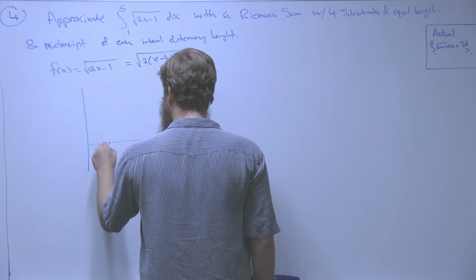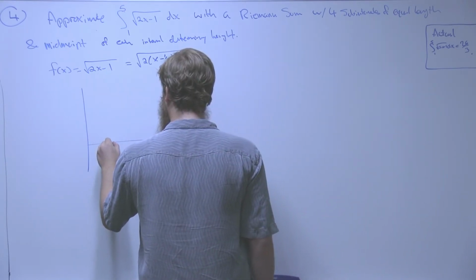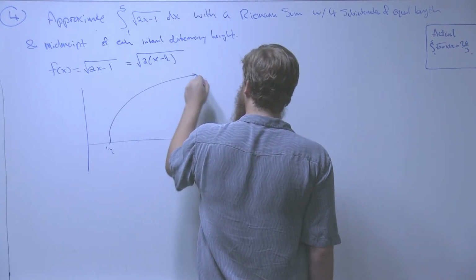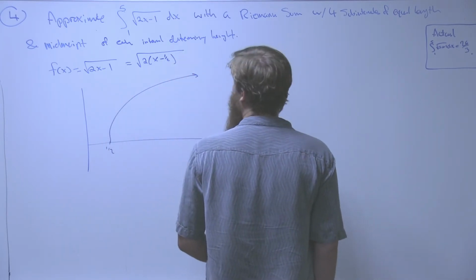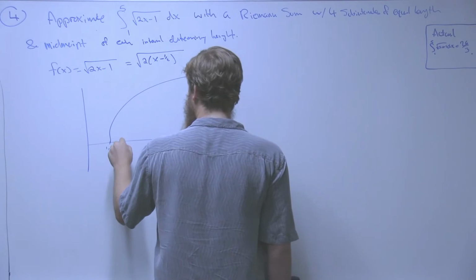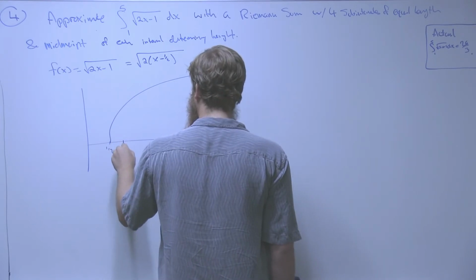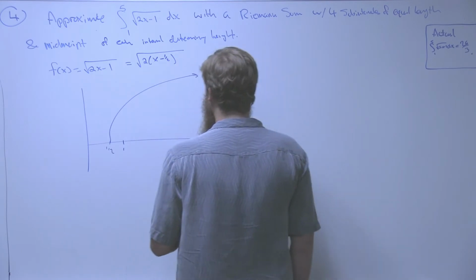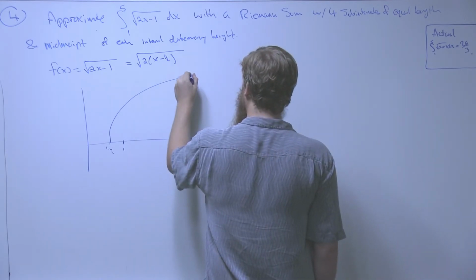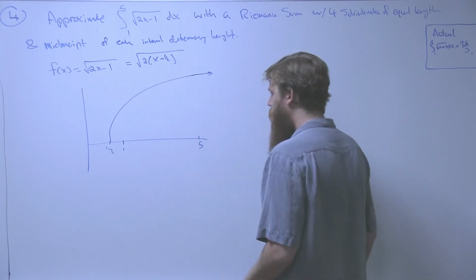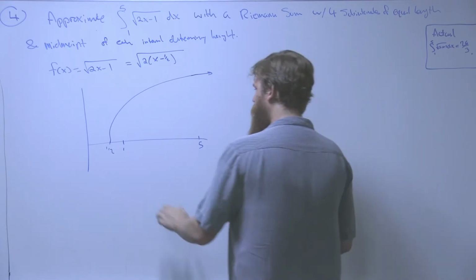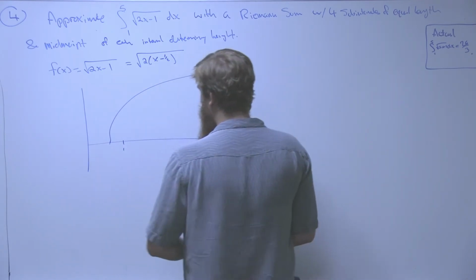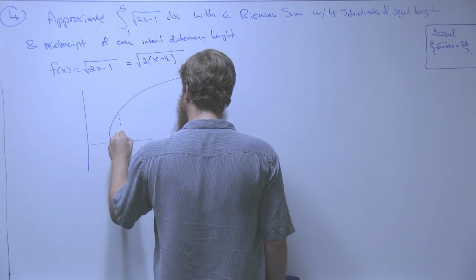So let me mark this as 1/2, and we know that that's about the shape. Okay? Now, I'm interested in looking from 1 to 5, and I want to use 4 subintervals of equal length. So if I'm going to split the interval [1, 5] up into 4 subintervals of equal length,